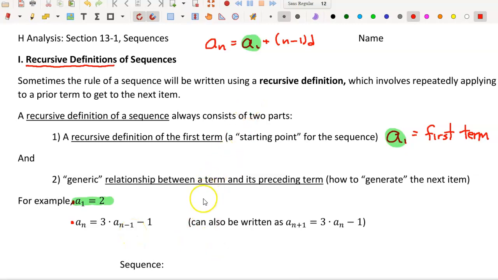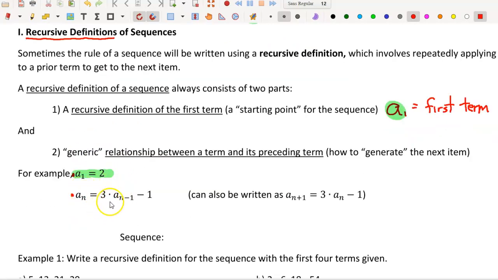So if I want to find the next term, on this one I'm going to start at 2, and this n minus 1 is the previous answer that you already got, okay? Previous number or previous answer. And what this tells you to do is to get the next answer, multiply your previous answer by 3, and then subtract 1 from it. Right? And then you could generate the list of numbers that way,